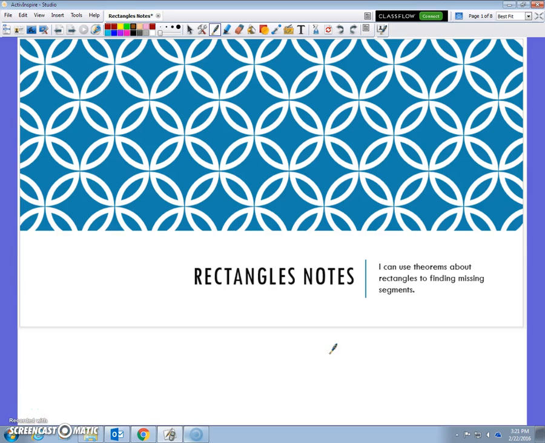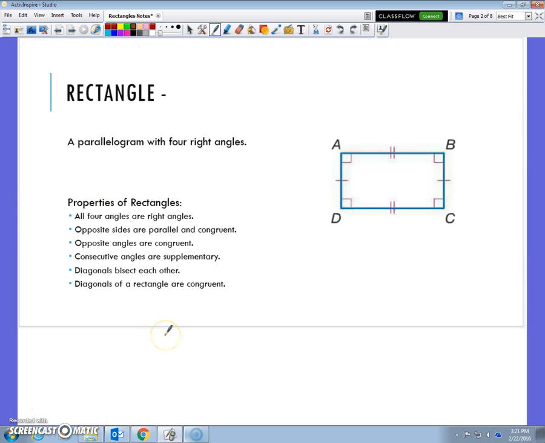Alright, this is Mr. Gillum, and today we're going to talk about rectangles, which are a special type of parallelogram. Just a few special things about rectangles that we're going to take a look at here, but all the other properties of the parallelogram still apply to the rectangle. Let's take a look here. A rectangle is a special type of parallelogram which has four right angles, and its opposite sides are still